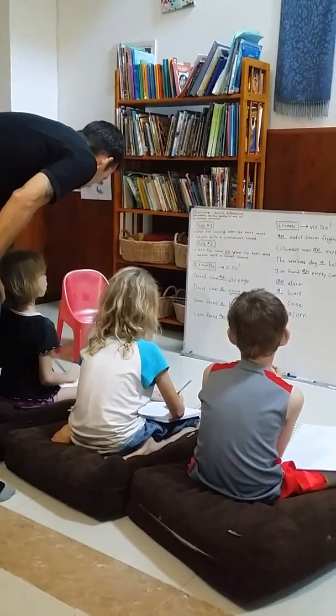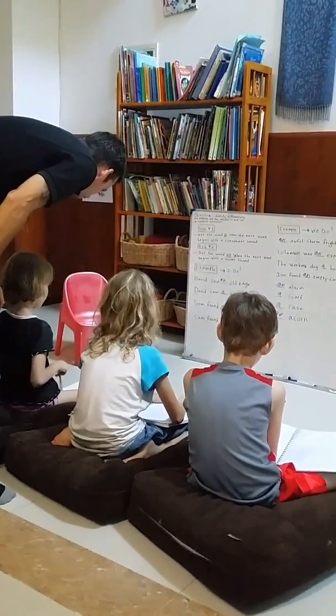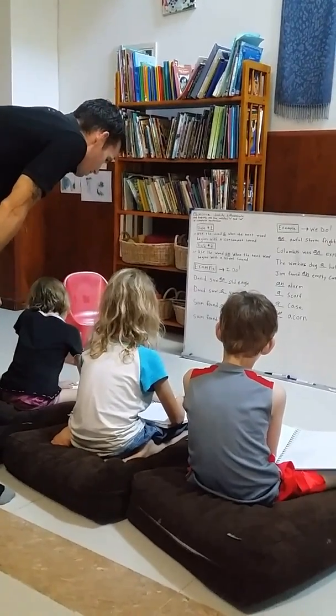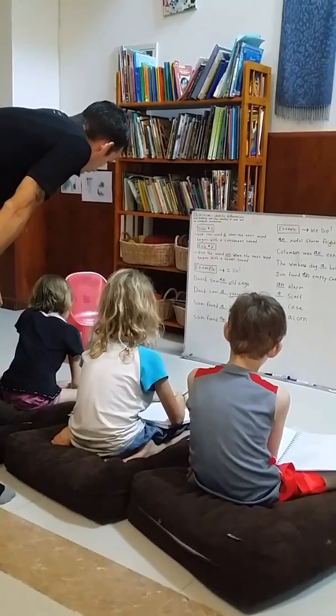Is D a consonant or a vowel? Good question. D is a consonant. Remember, the vowels are A,